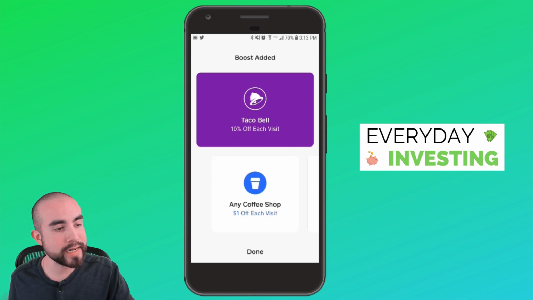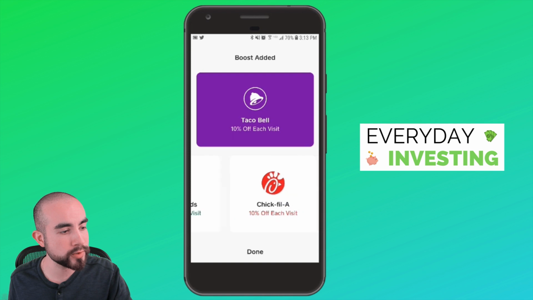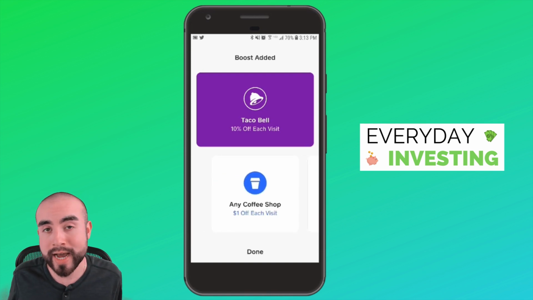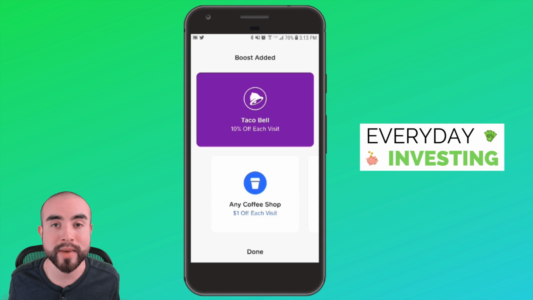So basically, guys, anytime you want to go to one of these shops or grocery stores, you want to be sure to activate it ahead of time, not after. Because if you activate it after, you won't get the discount. You have to activate it before your purchase, before your in-store purchase,